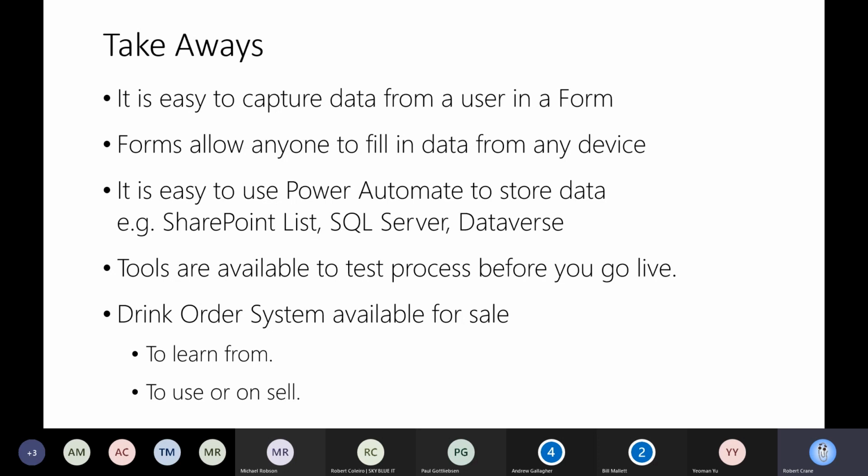Now, once you have that, you can happily use it in your own business, or you can then provide that to other people as a solution as well. So again, that's the learning there. And the big takeaway is going to be, if you want to learn the Power Platform, here's a step-through project that will give you that hands-on experience end to end.